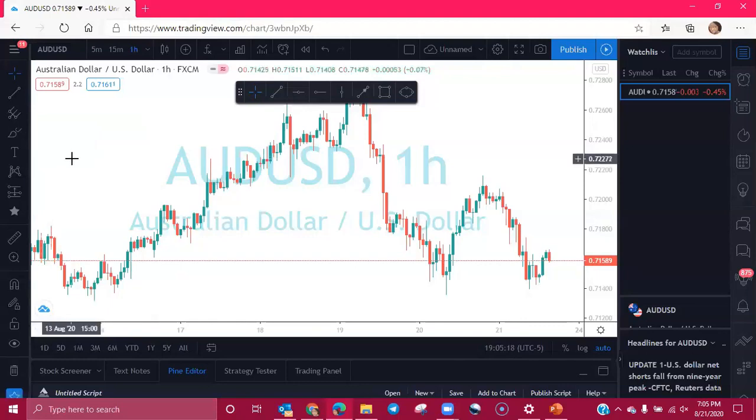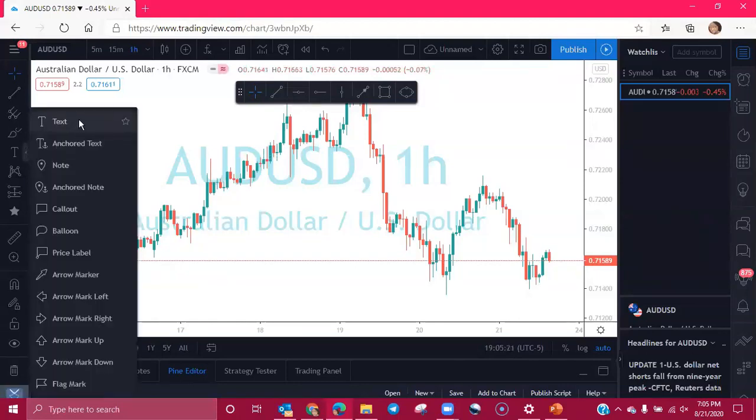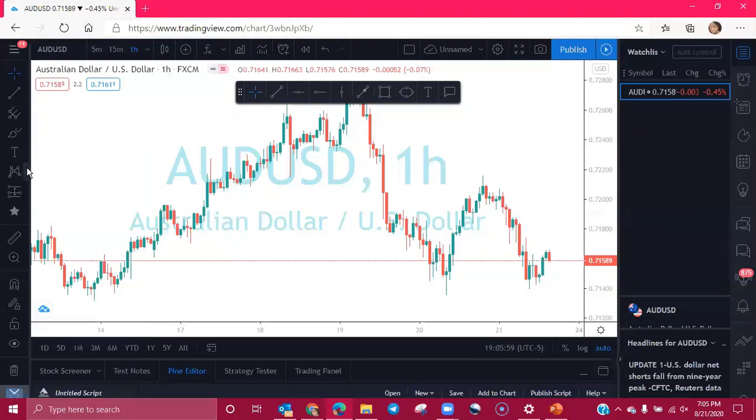Next, we're going to go to the annotation tools. If you're one that likes to type on your chart and give yourself little notes or make notes about what a support resistance line is or where you went into a trade, you definitely want to save the text tool as a favorite, okay? And you can save some of these like a call out, and I'll show you how all of these look in a second after we're done going over the tools. So we can save that as a favorite and whatever else you see down here that you might want to save as a favorite, okay?